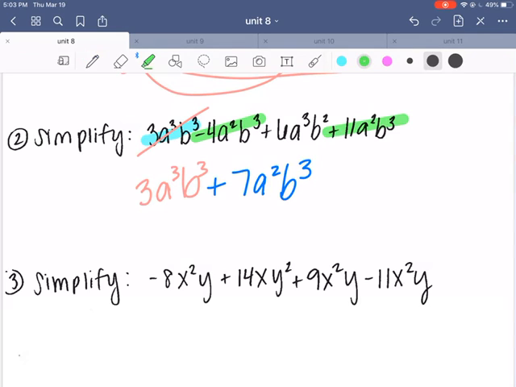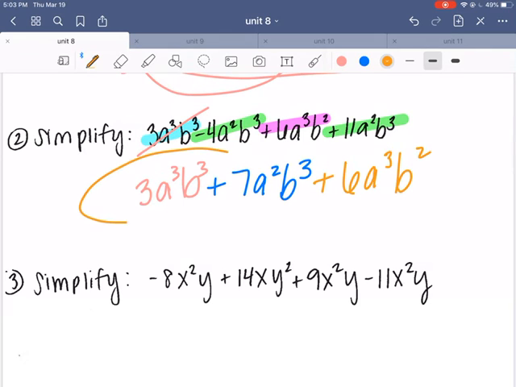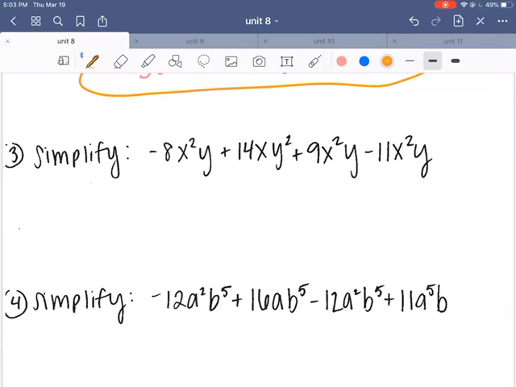And then finally, you can see that we have an a cubed b squared, which is different than all of these. So again, that can just tack on to the end. Doesn't matter the order here. 6a cubed b squared. The most important thing is that you are only combining things that have exactly the same variables and exponents. All right, number 3, I have a negative